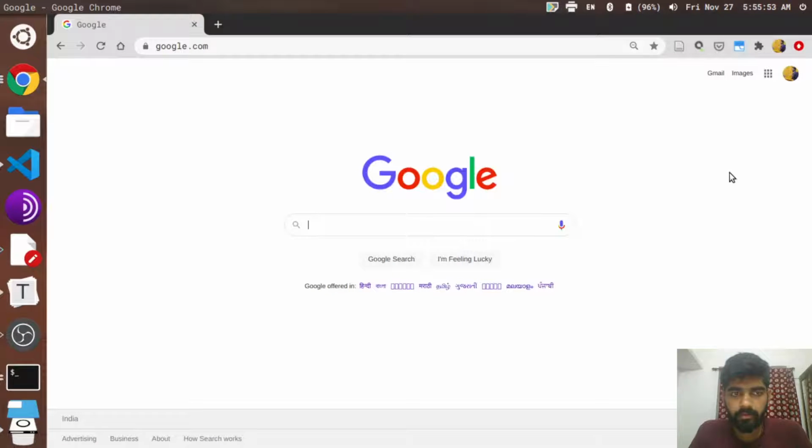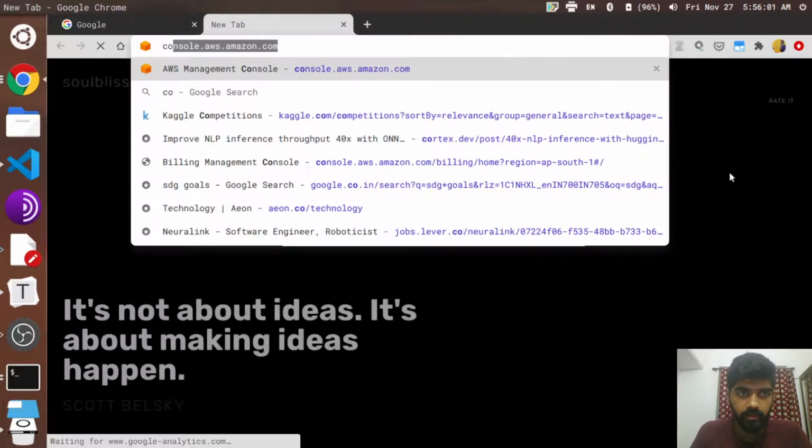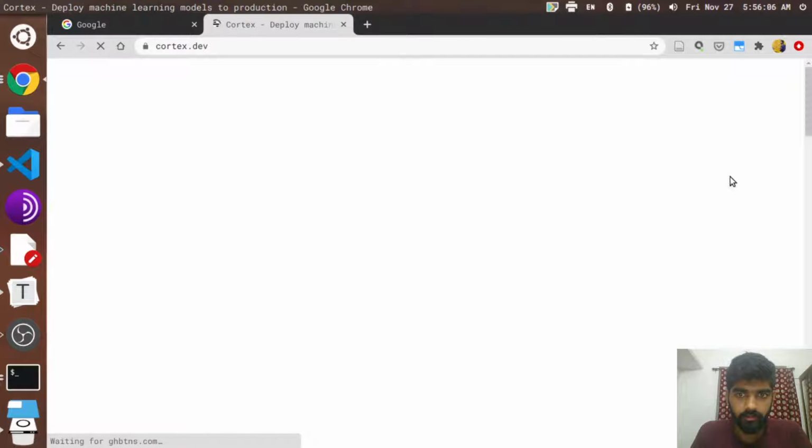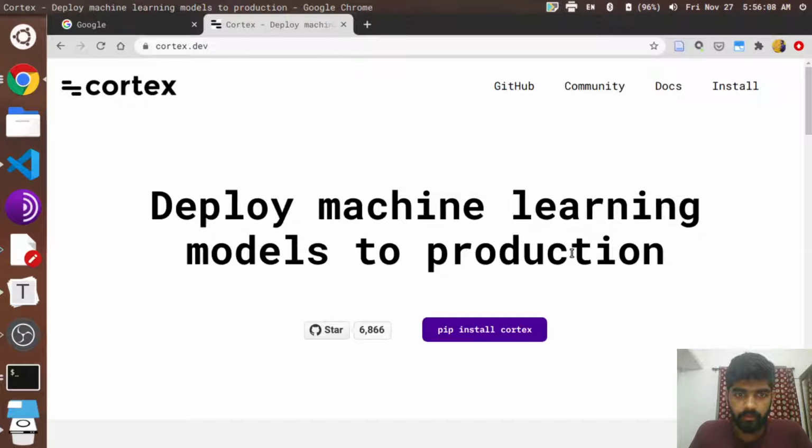So in order for us to achieve the exact thing, where our Python function resides online and we can access it through that endpoint, the first thing that we'd be requiring is a framework called cortex.dev. It's a flawlessly simple framework for deploying your models online for production, but here we'll be using it for a simple test case of running our hello world function.